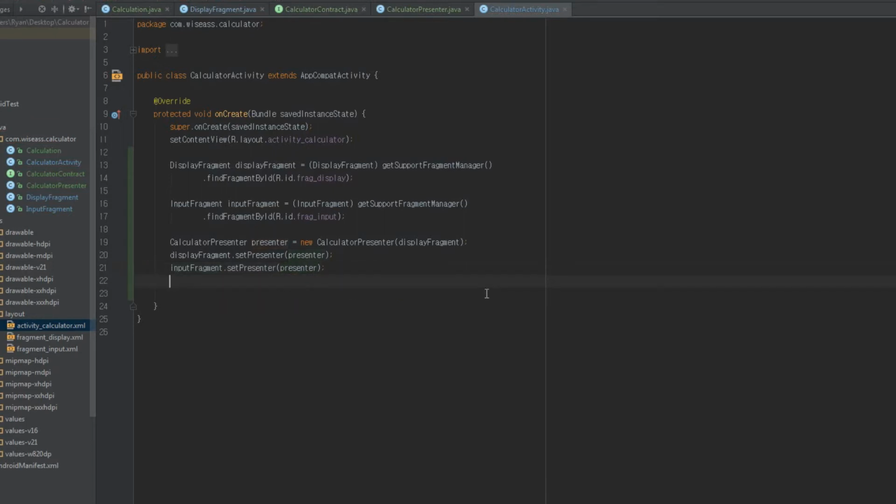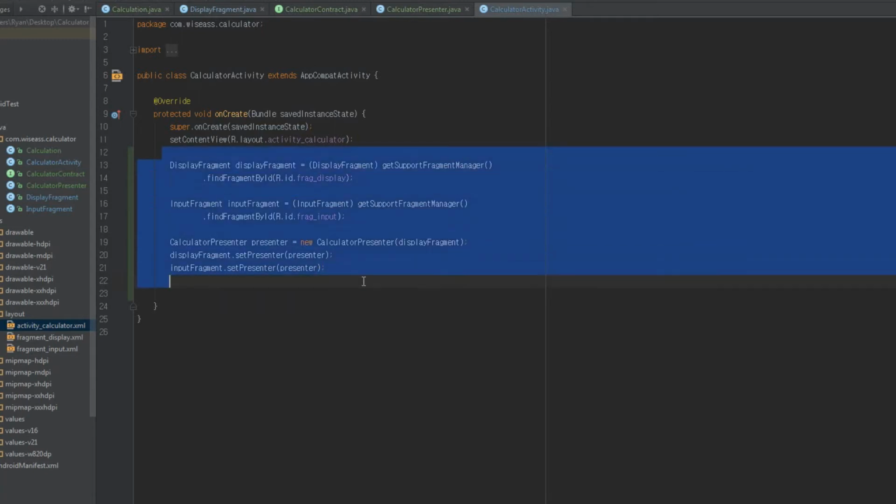All right, so let's talk about some things here. Because of the way we've structured this app, and because everything is going to be tied to the activity's lifecycle, I'm not really concerned about all of these things happening in the activity. Now,